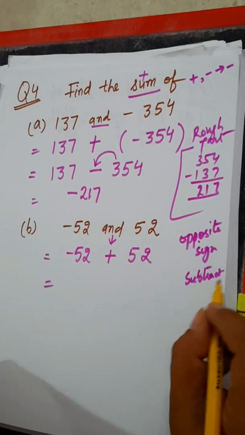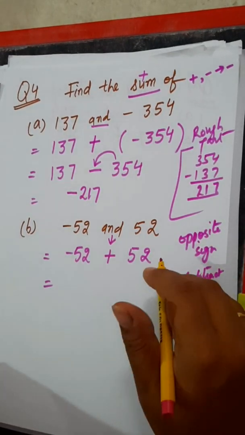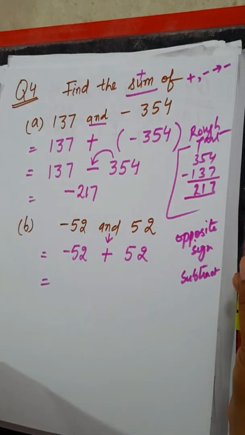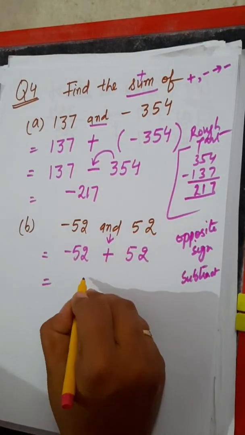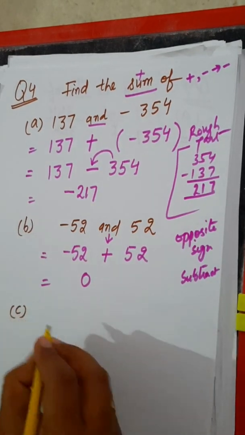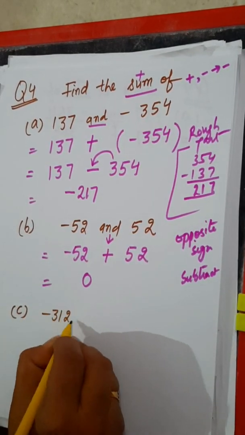If you solve 2 minus 2, you will get 0. 3 minus 3, you will get 0. 4 minus 4, 0. 7 minus 7, 0. So 52 minus 52, you will get 0. So next we have C part. C part is minus 312,